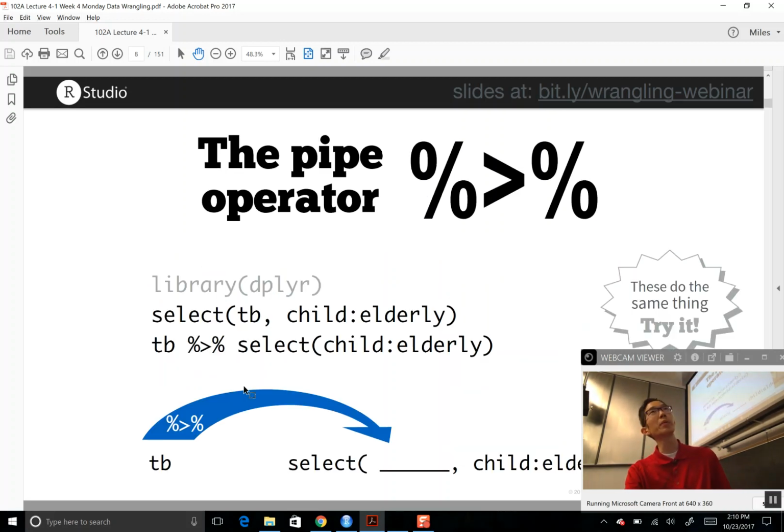We've already talked about pipes as they relate to rvest, so I will go ahead and skip this portion of Garrett's slides. But basically, instead of having to specify select from table TB, where we pick the columns child through elderly, we can just do TB pipe into select. Okay, so